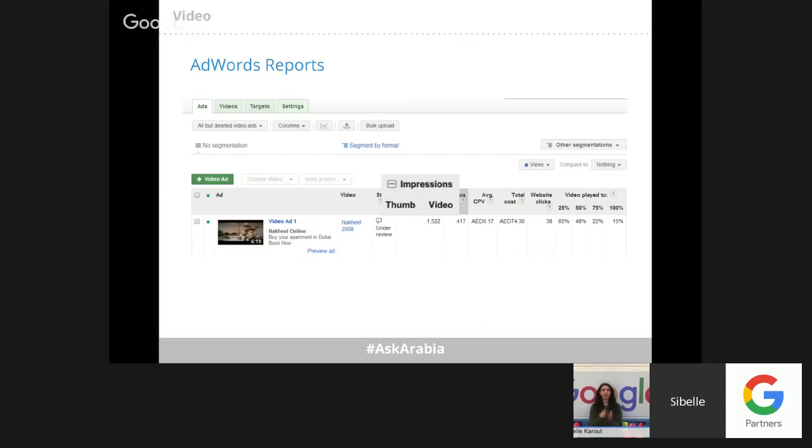So let's say you notice that people were watching only 25% of your video, the first 10 seconds, and then they were skipping. That will allow you to have a better understanding of why the user skipped the ad. Maybe it wasn't as attractive, maybe it wasn't as humorous, maybe it wasn't as clear, maybe the quality was not that good. There are so many reasons that the user would just skip an ad or just watch a very small part of it.